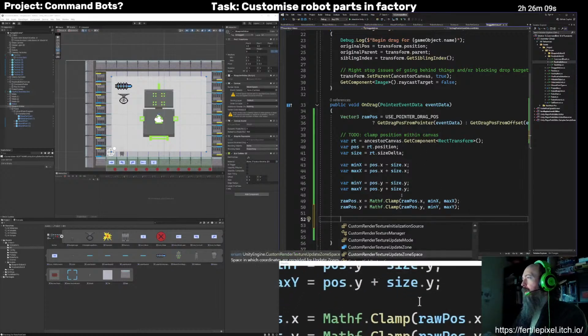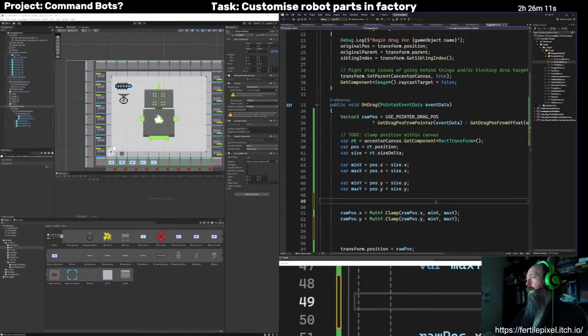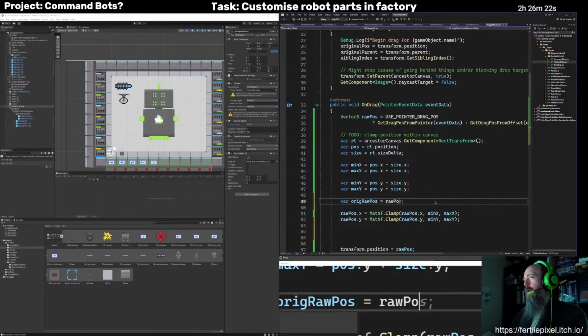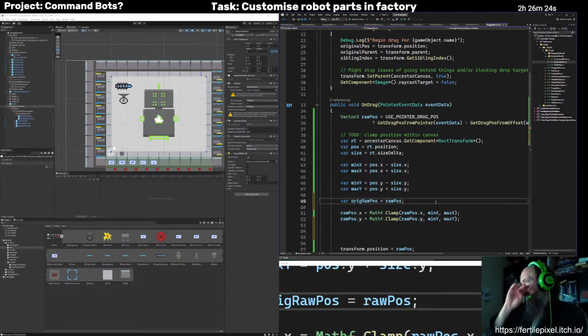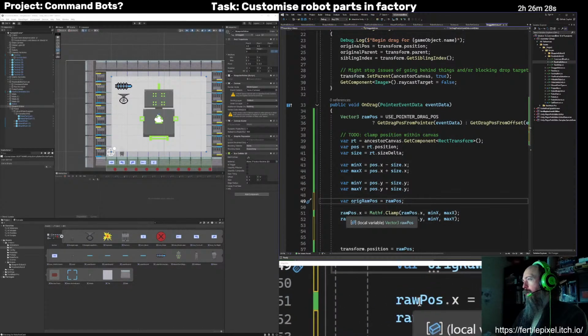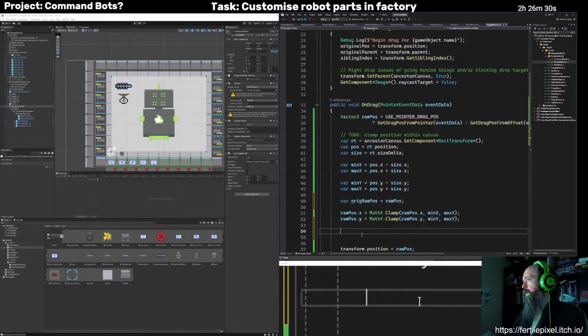Before I clamp them, here's what I want. The original raw position equals raw position. So we're dealing with structs here, so assigning to structs essentially creates a new one, I believe.